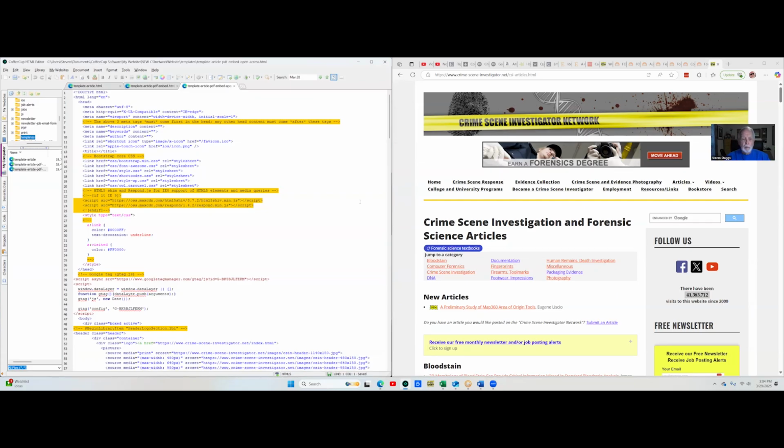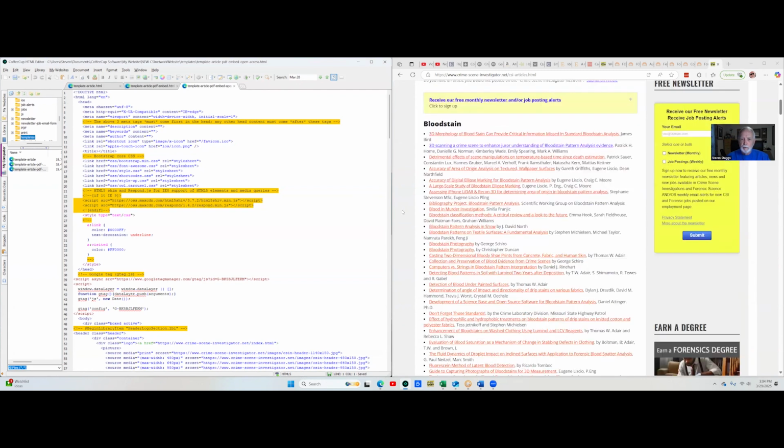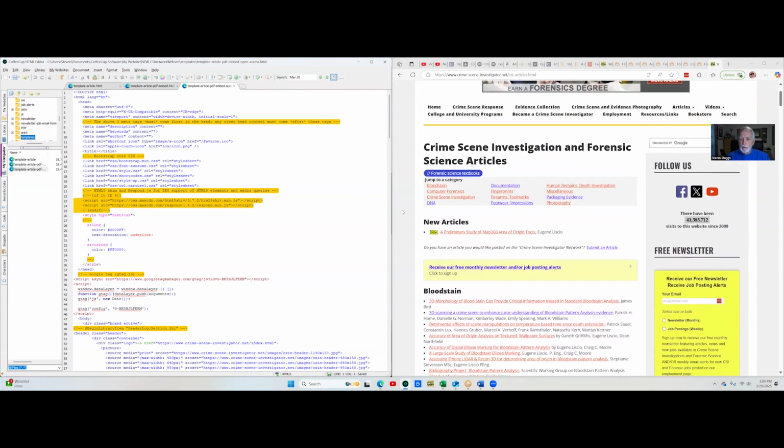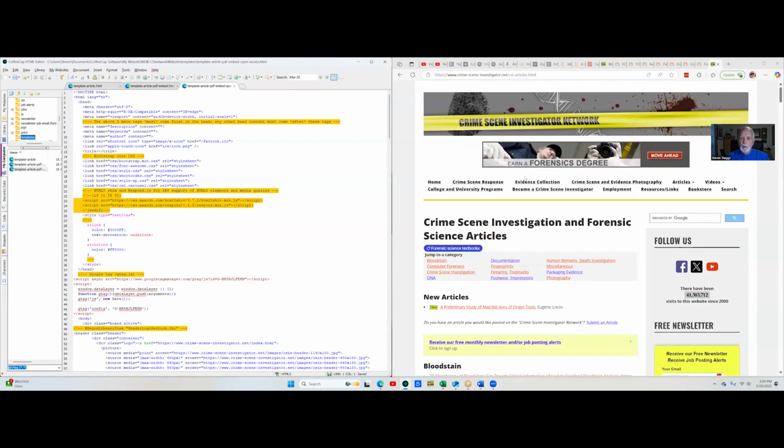Let's see how we can add new content to the website. So most of our content will go on the articles page. When we do add content, it will go there, but also it may be appropriate to put it on one